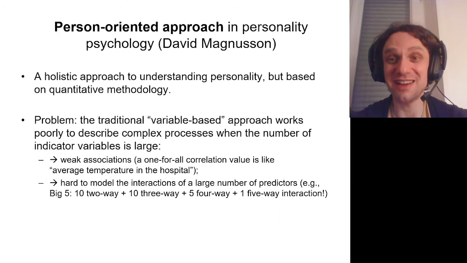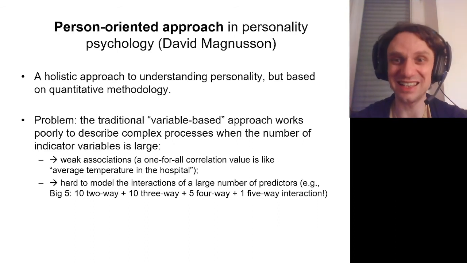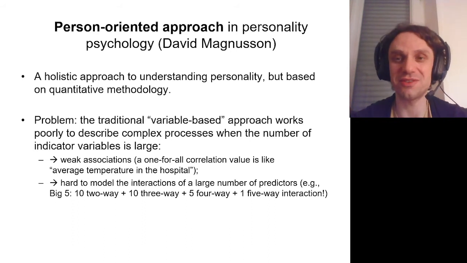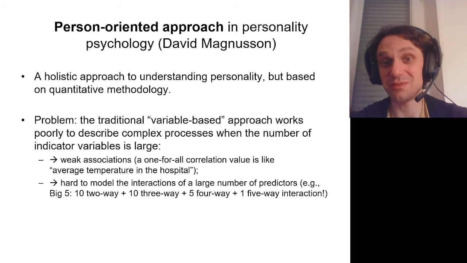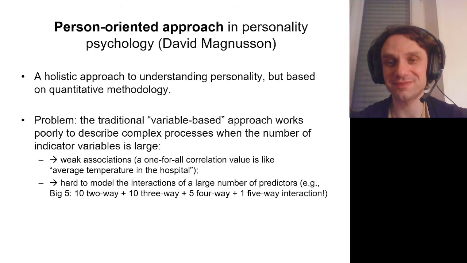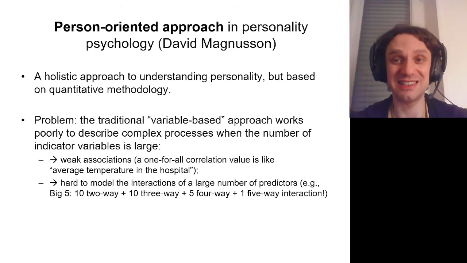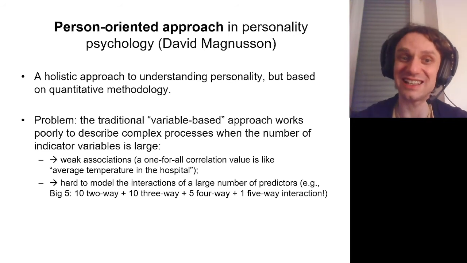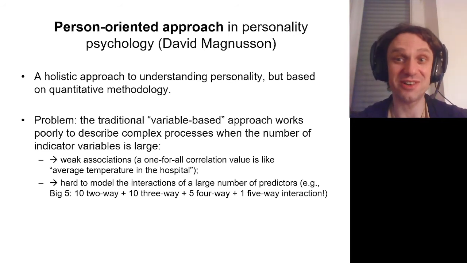So if you combine them all in a single sample and you calculate a correlation of extroversion with job performance, this correlation might be actually extremely weak. But it's not because it's absent. It's because there are different individuals for whom this correlation has different signs. And if you combine them all in one sample, you get a kind of an average temperature in the hospital,